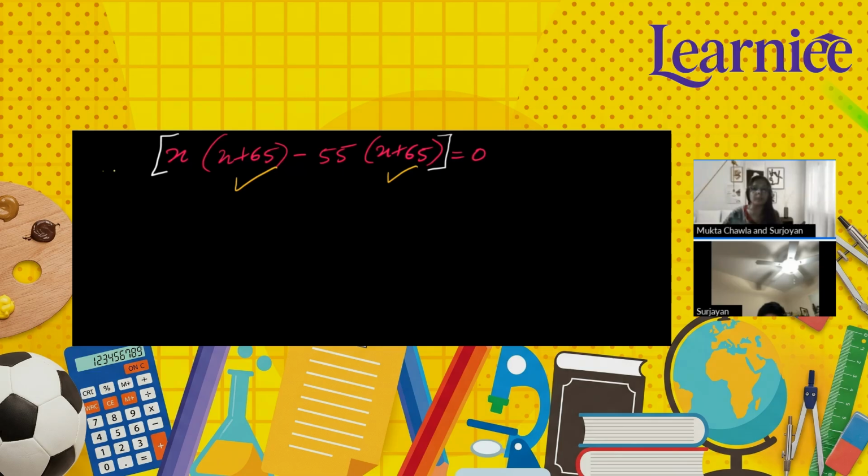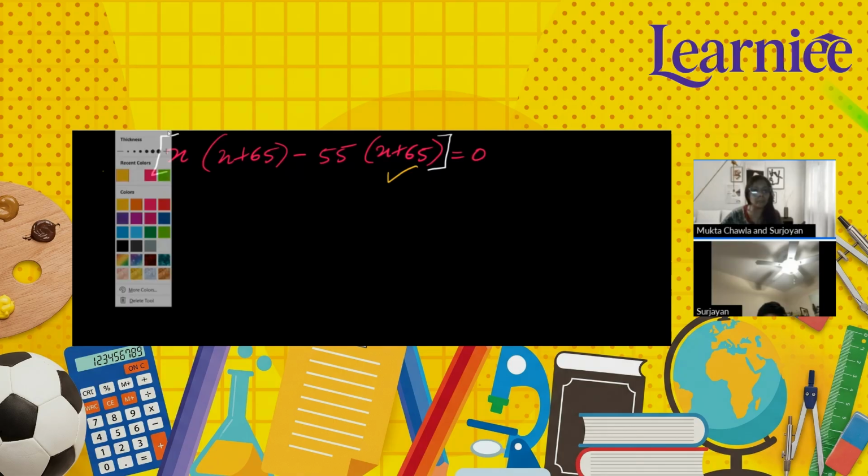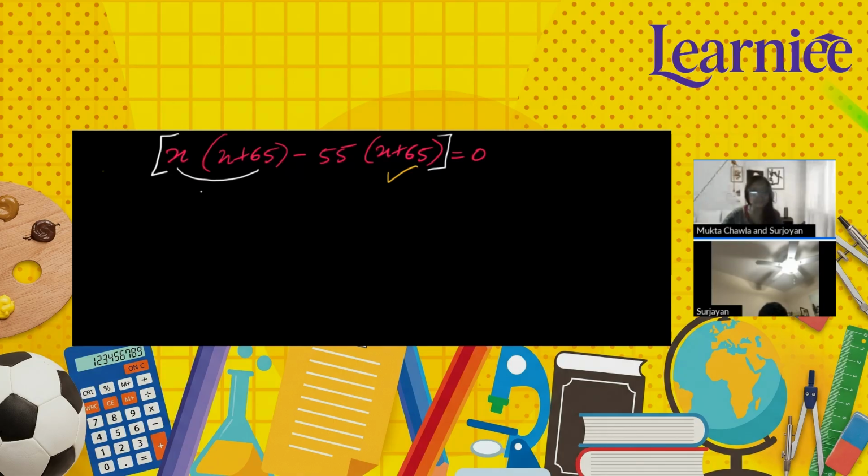Now what is common? See, x and x plus 65 is one term. First, I'll tell you what the pairs are here. x and x plus 65 is one value. 55 and x plus 65 is another value. Got it? Because they are in multiplication. Bracket means multiplication. So whenever two values are in multiplication, they are taken as one value. Not even a pair, we can say this is one value. If I write 5 and x, it means the same. I can't say 5 is one value and x is another value. What terminology do we use here? Term, right? So there is only one term, that is 5x, because they are in multiplication.